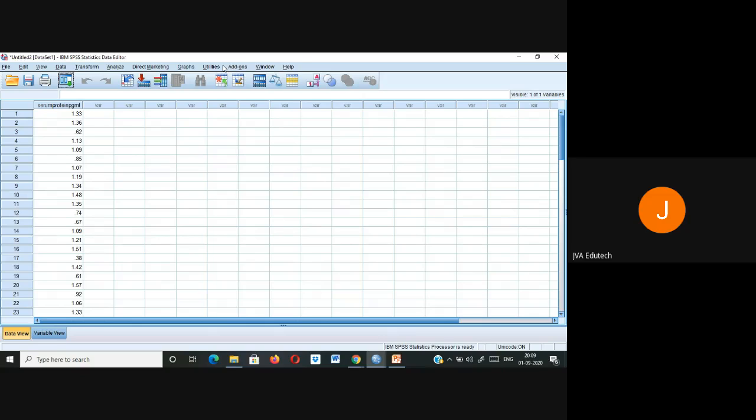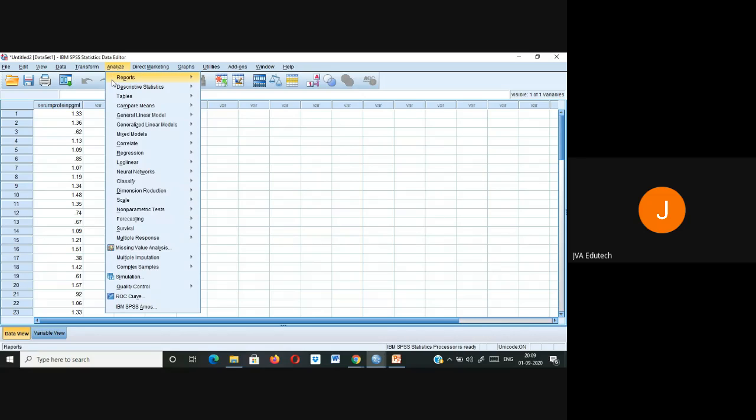See, the Shapiro-Wilk test is more powerful than the one sample KS test. But the only problem with Shapiro-Wilk is that if you have a large sample size, more than 50, it fails to render correct results. So for large sample sizes, Shapiro-Wilk should not be used. For small sample sizes, it's okay. This test is more powerful than one sample KS, but for large sample sizes, it does not work properly. So first we'll see the one sample KS method.